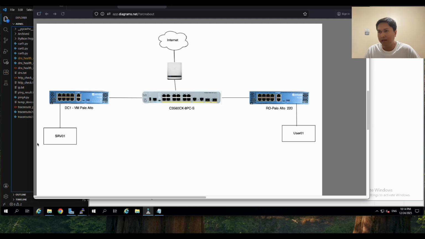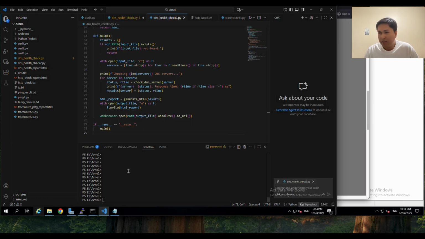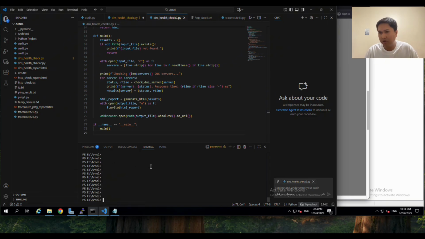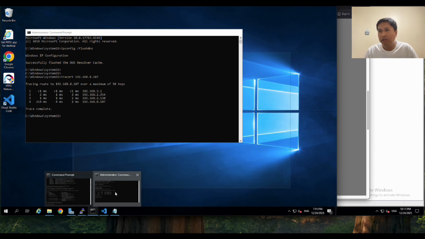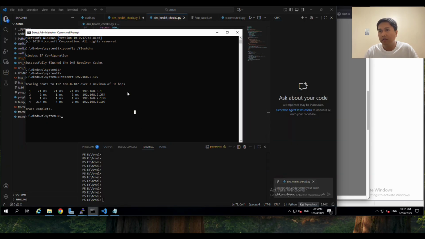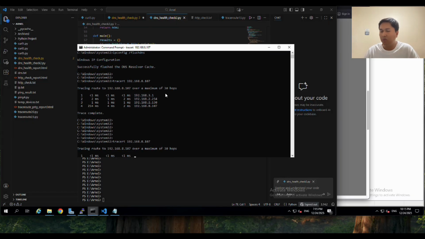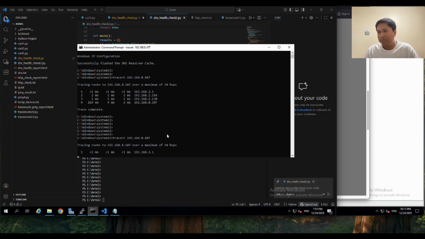So what I did is like this. First, for example, if we're going to run a trace route here, let me go to see. Oh, I have an existing trace route here. So if I run trace route, for example, 192.168.8.107, see,